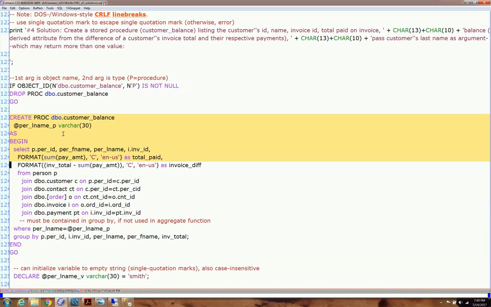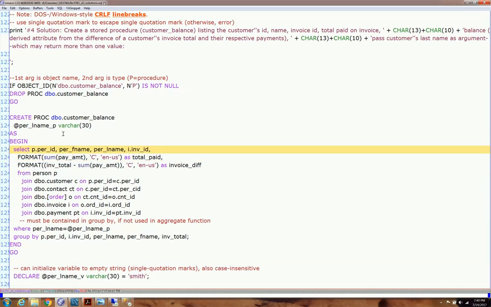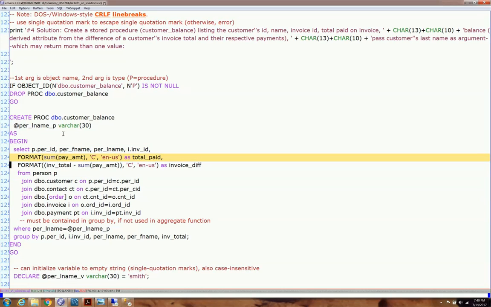Now, because we're using aggregate functions with non-aggregate attributes, per ID, per F name, per L name, and invoice ID, we're using the aggregate function sum, we must include in our group by all of the non-aggregate attributes. For instance, per ID, invoice ID, per last name, per F name, and including